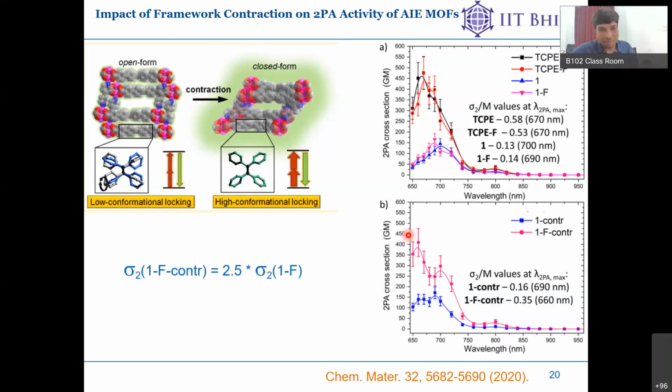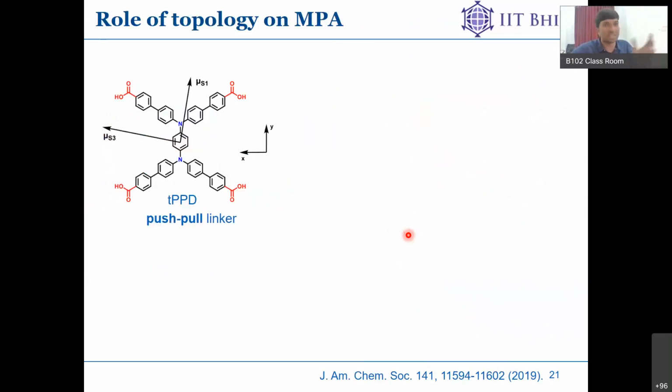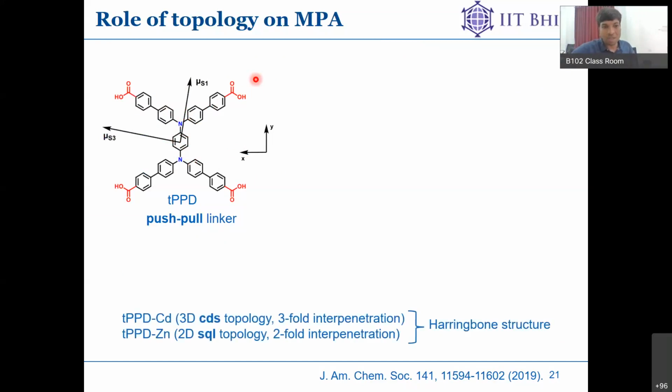Then I want to come to push-pull mechanisms, again donor-acceptor systems. You see here this compound is very similar to the previous structure, but the only difference is that instead of carbon we have placed nitrogen atoms, which act as a push, which means they are very good donors, and the linker also has very good acceptors. So the charge polarizability on this framework is going to be enhanced. And we tried to make the material,